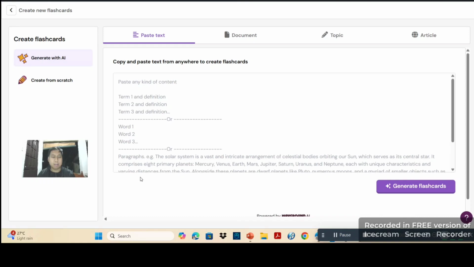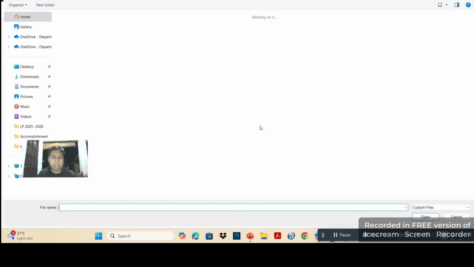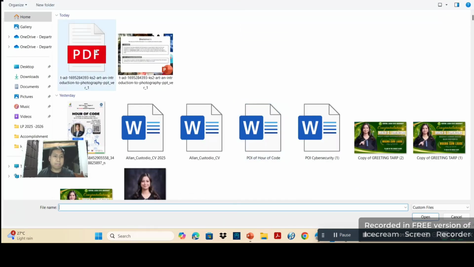A flashcard can be generated through a page, a document, a topic, or an article. But we will choose a document and upload from my device, one of my PDF documents.